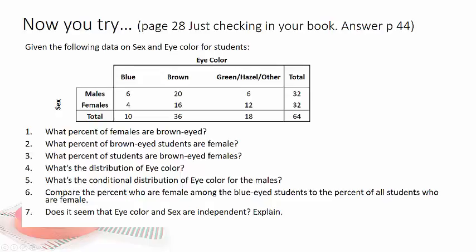Now I'm going to leave you to try a problem. This is page 28, the Just Checking in your book, and the answers are on page 44, so you can see how you're doing. It gives you a contingency table on eye color and gender, and they want to know what percent of females are brown-eyed, what percent of brown-eyed students are female, and what percent of students are brown-eyed females. So go ahead and see if you can get the answers in your